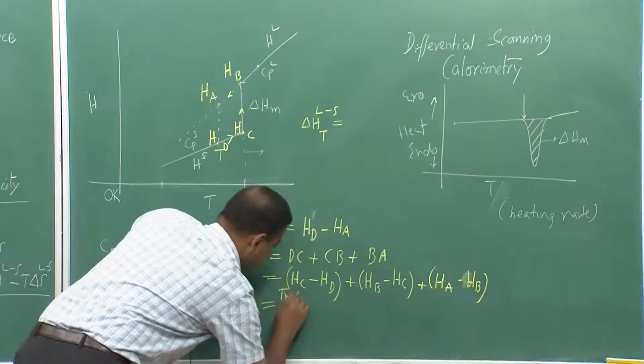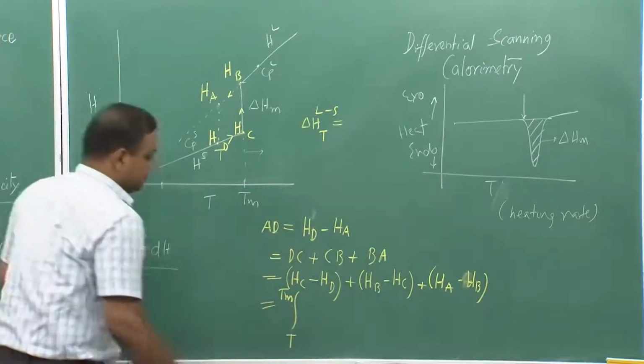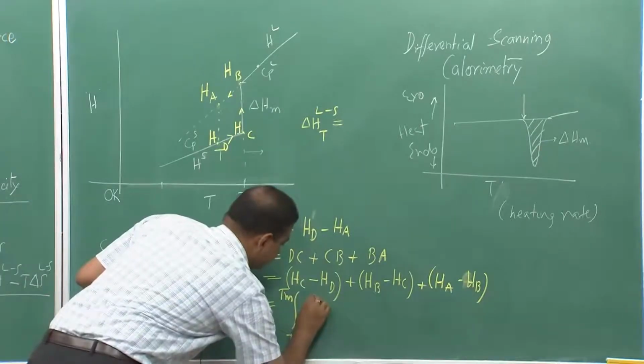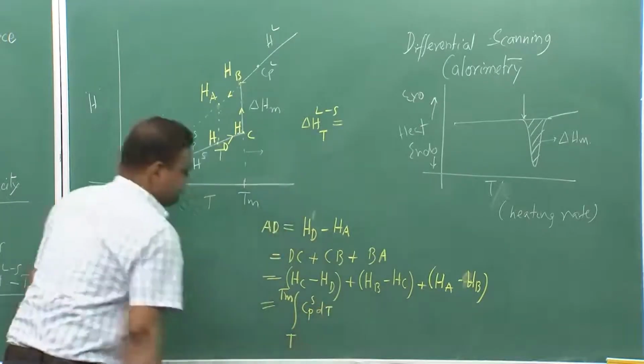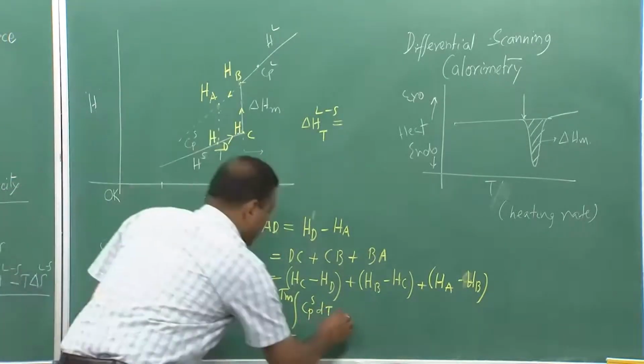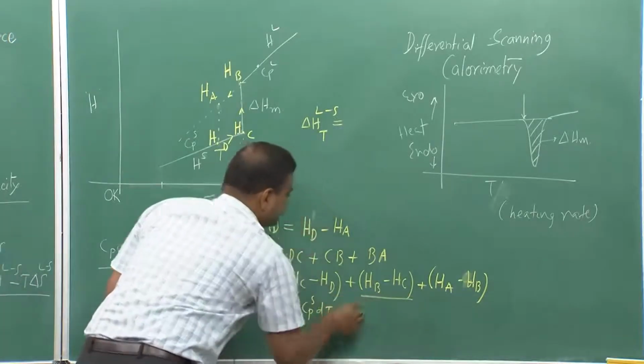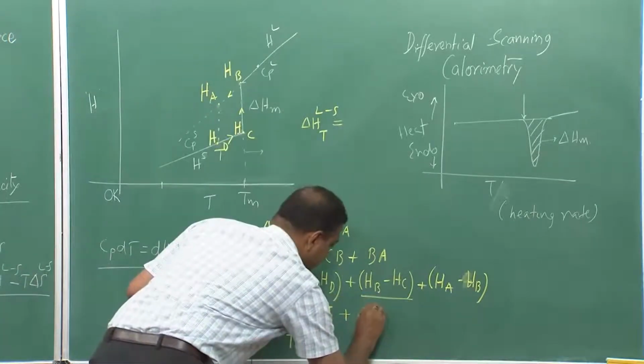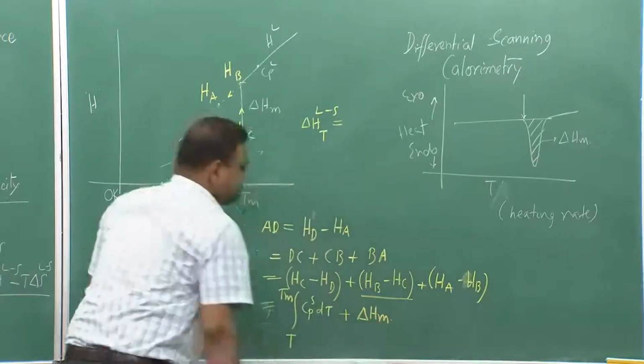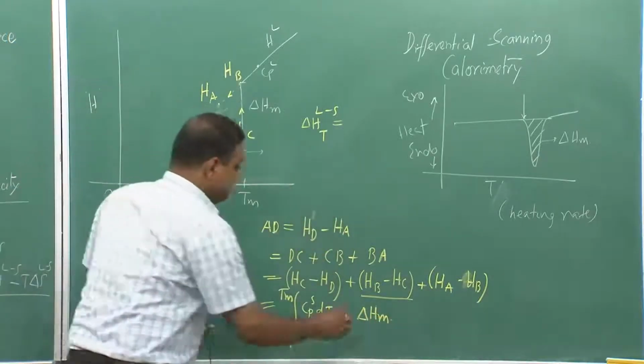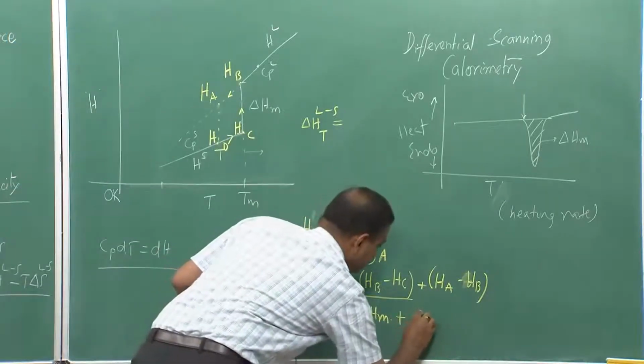Now, this is related to Cp solid. So, I can also write, from T, this is my T to Tm, the integral from T to Tm of Cp solid dT,